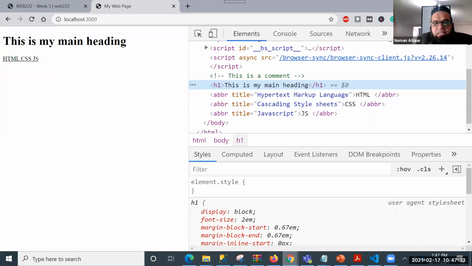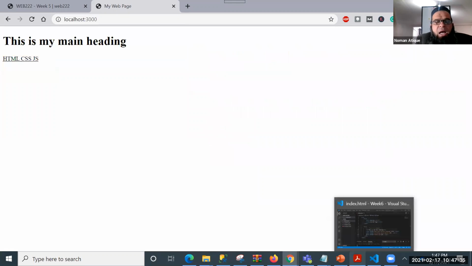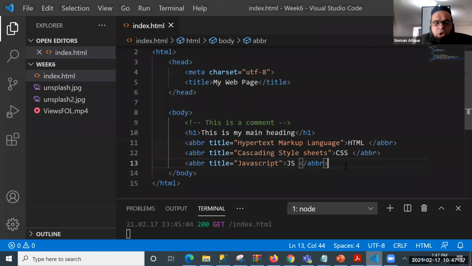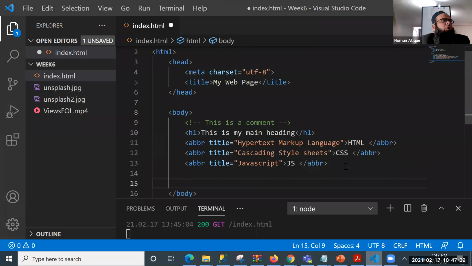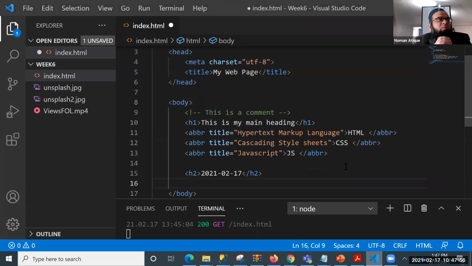Now let's talk about something. I want you to take away another thing which was not directly part of here, but I want you to take a reference of it. Then we have another tag. For example, what is today's date? We can just mark today's date. For example, this is February and today is 17th, right? I've just marked a date. Not like this, rather I should do something like that.